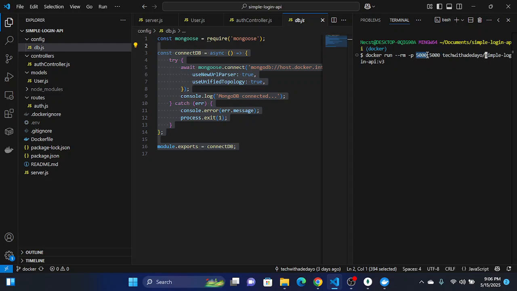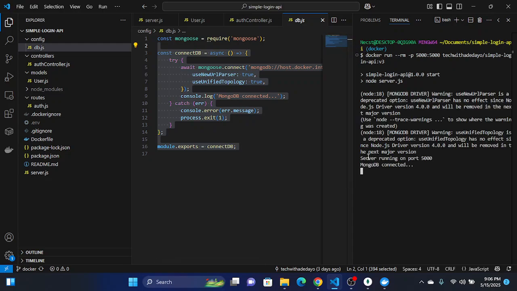So I'm saying port forward to 5000, so I'll be able to connect with the application outside. And this way as well, it's going to be able to connect with our local MongoDB, right? So if I ever stop this application, probably I do Control-C or anything, it is going to remove the container and stop it from running. That's what this is for. So when I press enter,